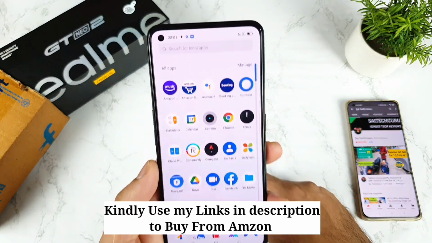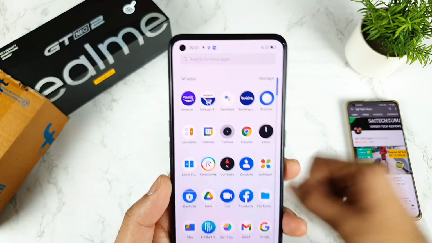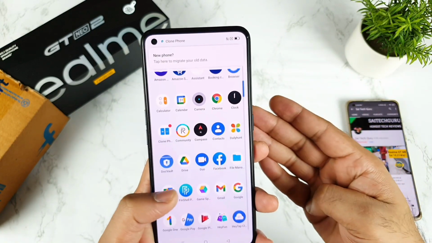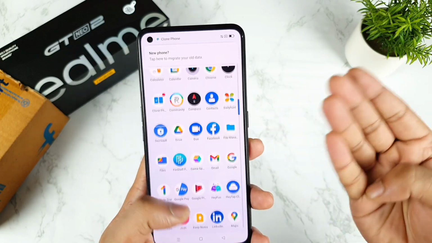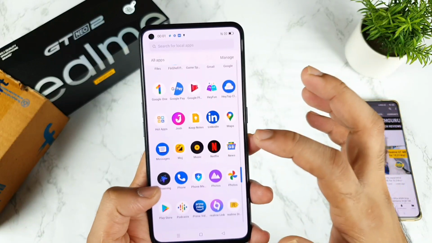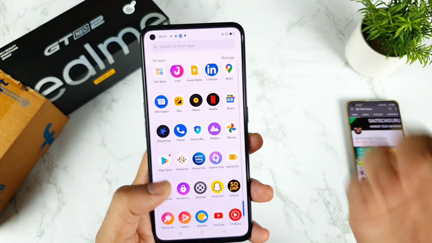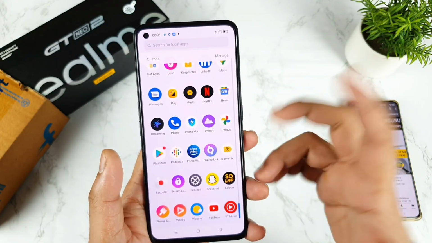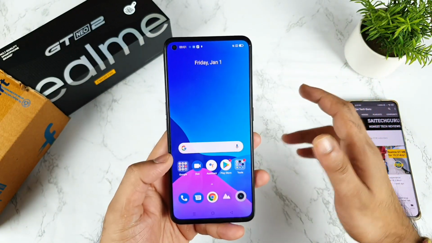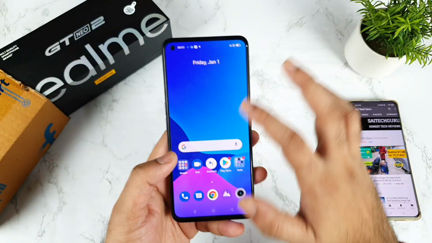But anyway, these are the bloatware applications which I'll go through in the list. Amazon Music, Amazon Shopping, the Booking application, Daily Hunt, and we do have Facebook as well, and Josh, LinkedIn, Netflix, Moj, Amazon Prime, Snapchat. These are the things which are already pre-installed as bloatware in this phone, as you can clearly see, which you can definitely uninstall. So there is nothing wrong with that.